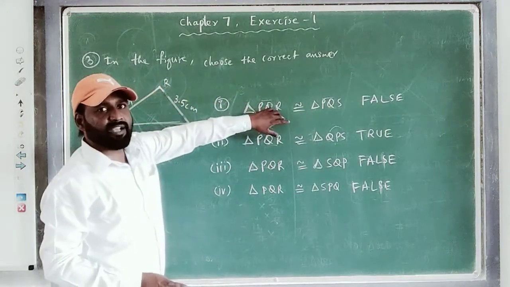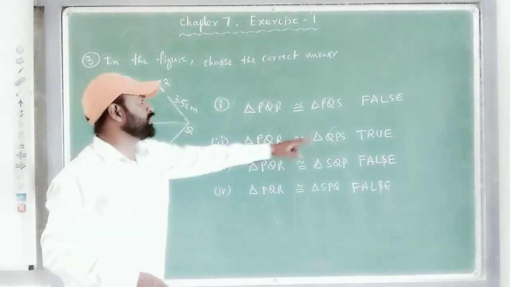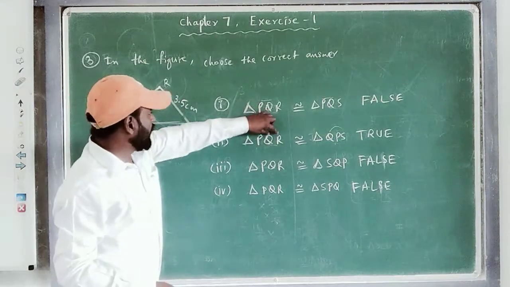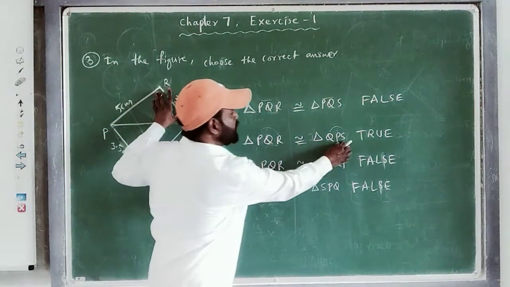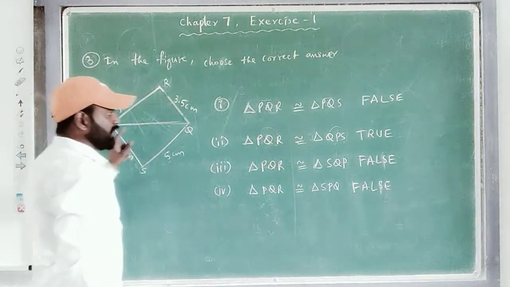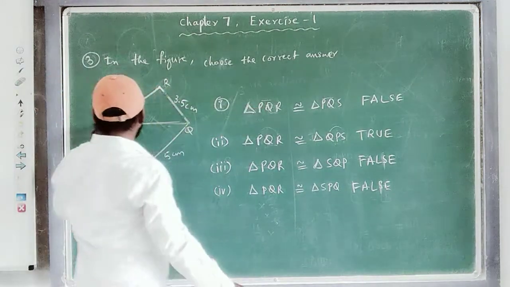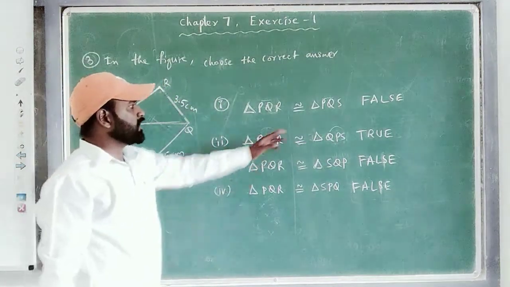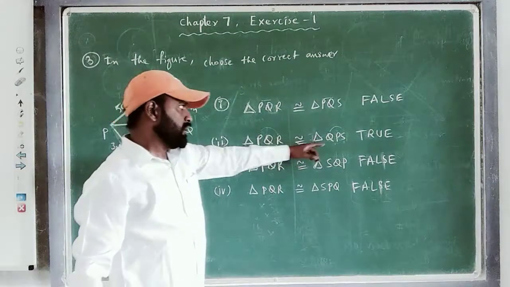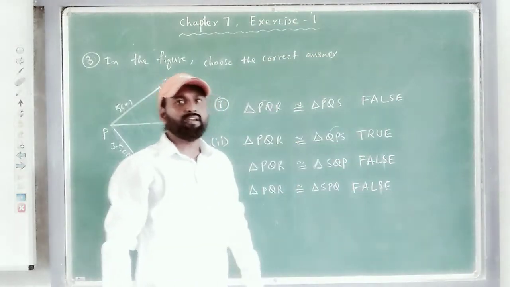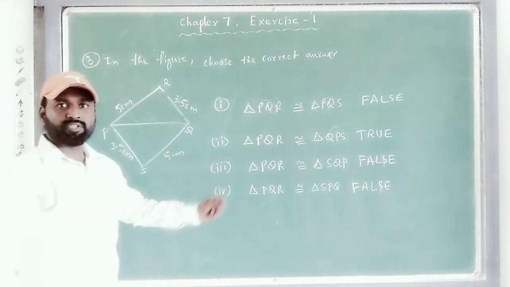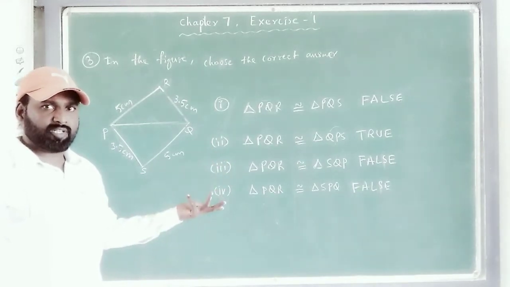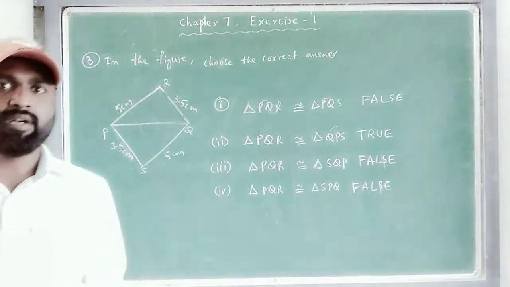So order-wise we have to check the corresponding sides. PQ, QP, both are the same. Next side QR is 3.5; in this PS, yes, 3.5, 3.5. Next the first and the last letters, PR side is 5 centimeters, and in this QS side is also 5 centimeters. So all the corresponding sides are equal in the second pair only. So the second one is the only correct one. The remaining three are false. Hope you all understood how to check the congruency of the triangles. The corresponding sides should be equal; then only the two triangles are said to be congruent. Next, move on to the next question.